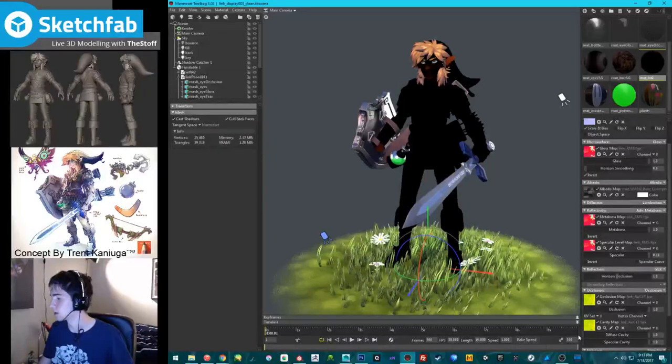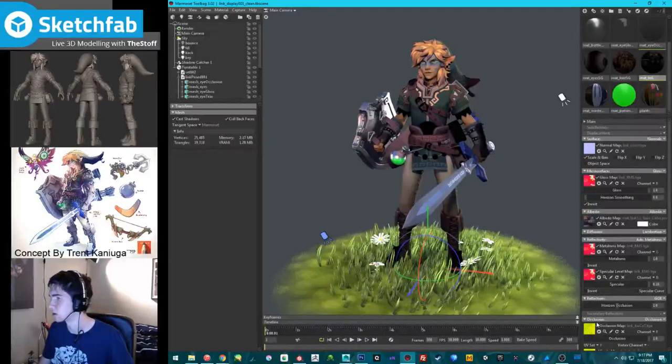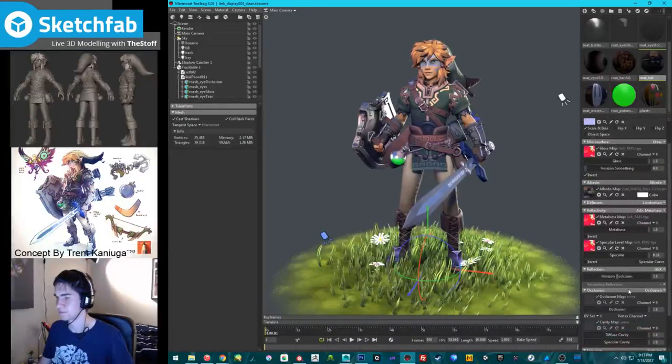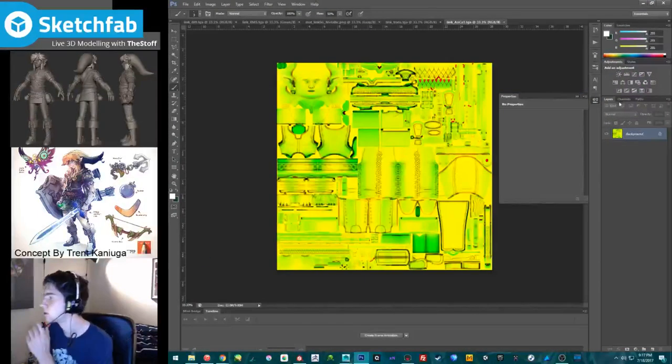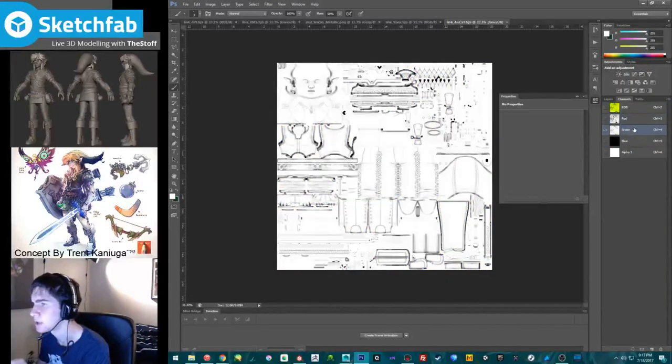Whoa! What the? What the heck? That is not what I was expecting to happen. Weird. So my R is my ambient occlusion, and my green is my cavity map.